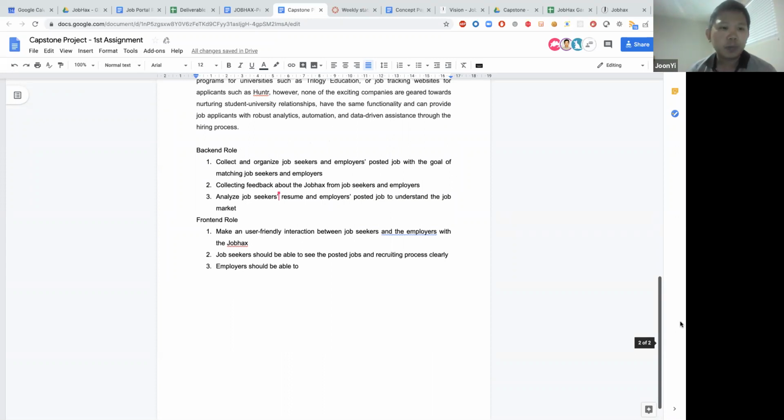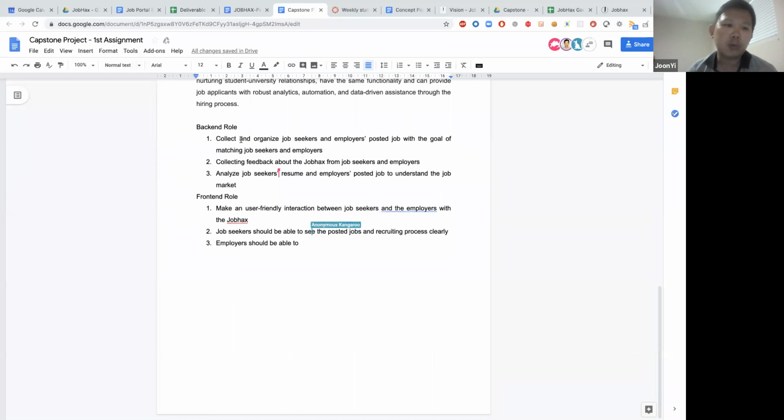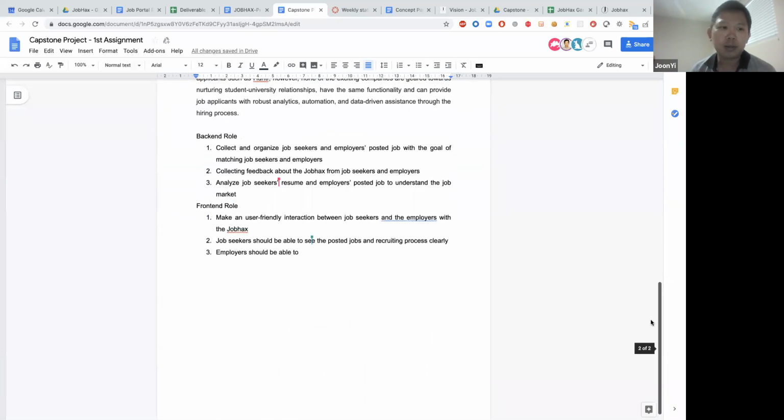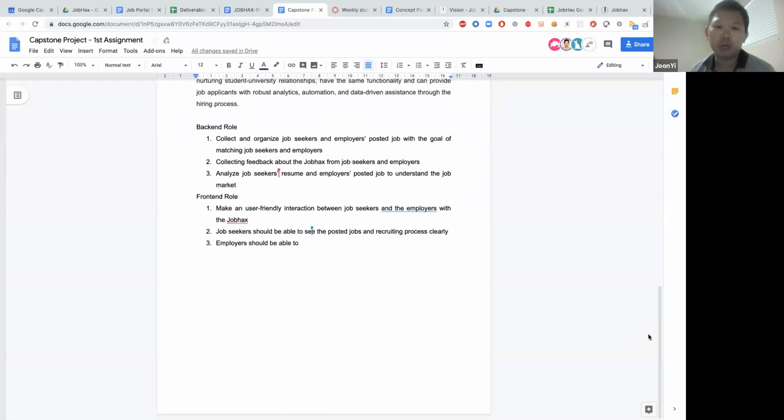From your description just now, actually we have three parties: job seekers, employers, and schools also. Schools want to use this platform to understand the students, right? So we have three parties using this platform.